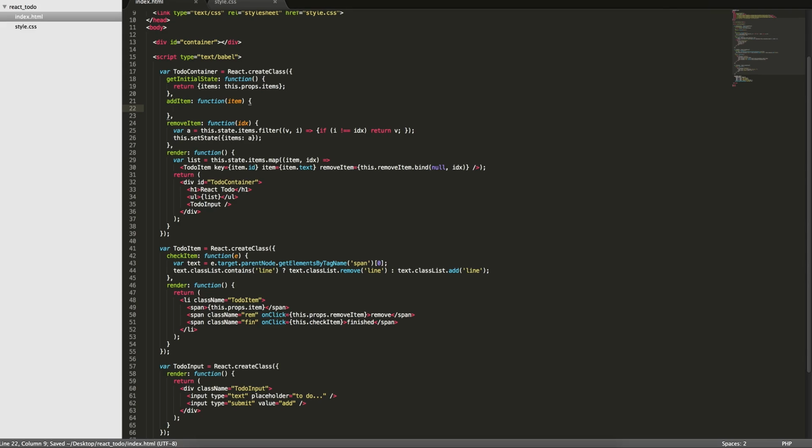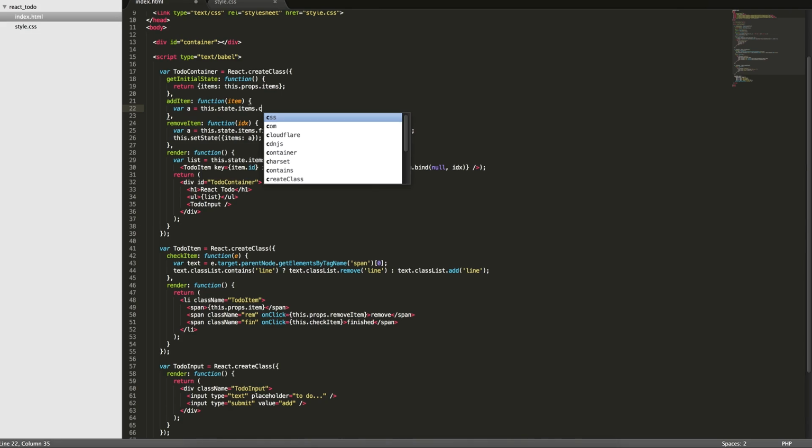We're going to take the item that was passed in, add it to the current state, and then set the state to that new array. We'll do the same as we did in remove item. So var a equals this.state.items. The reason we're creating a new array is because you're not supposed to directly modify the state in React. You're supposed to call the set state function. So this.state.items, and now we're going to concatenate it